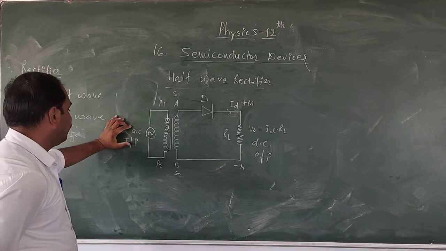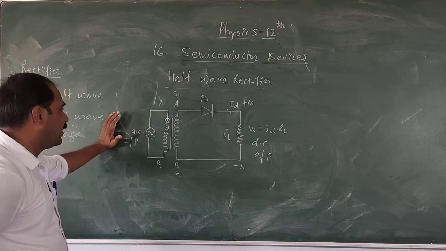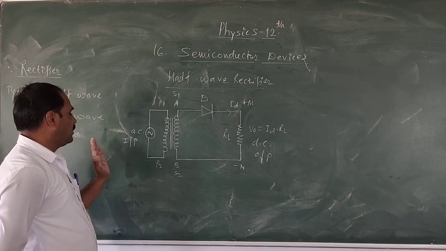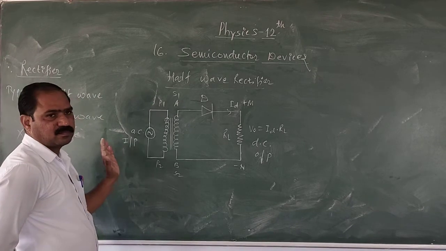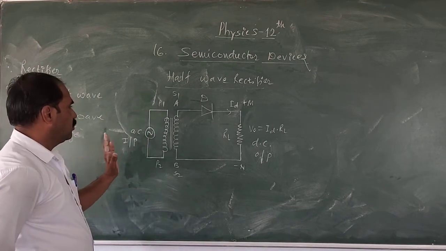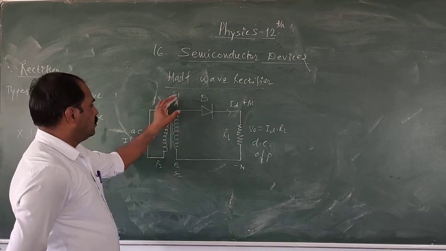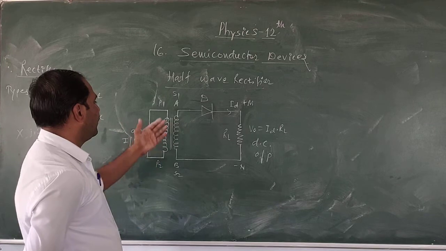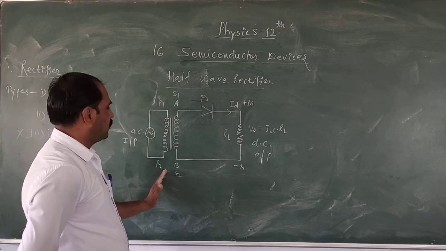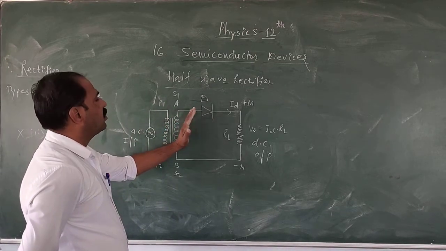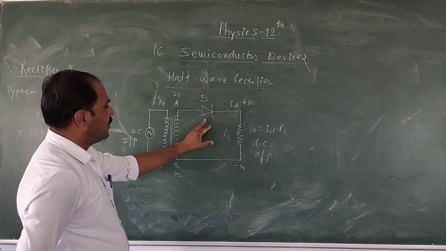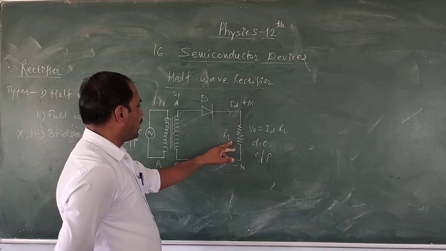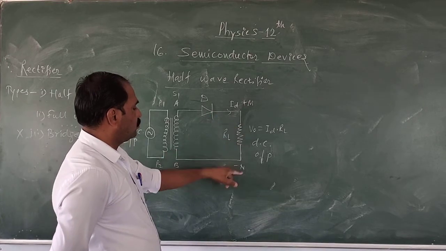The AC signal which is to be rectified is connected to the primary terminals P1, P2 of the transformer, and this constitutes the inputs of the transformer. So this S1, S2 form the secondary terminals of the transformer given a name point A and point B. At the point A or the S1 terminal, diode D is connected, and a load resistance RL is connected in series to the diode.